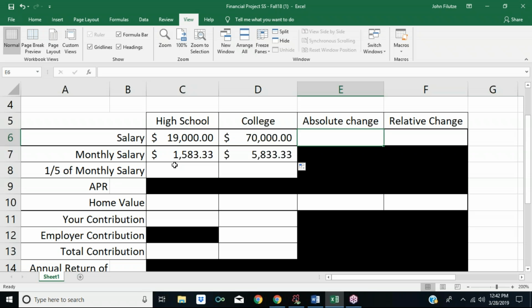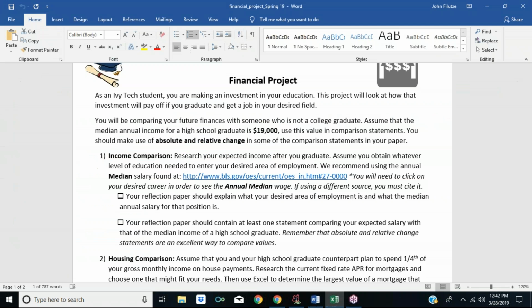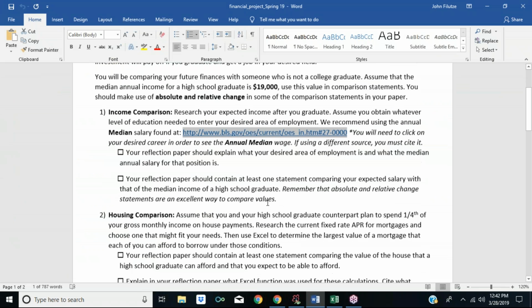1/5 of monthly salary, how do you think we'll do that? Start off with an equal sign, right? And then take that thing divided by 5. Okay? And then you'll have to look up an APR. So if I continue along this